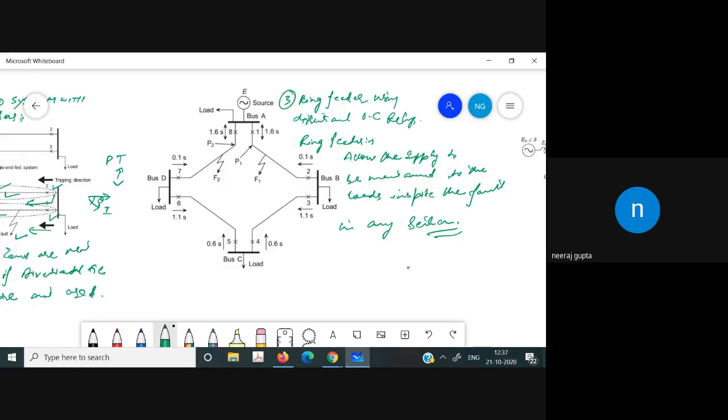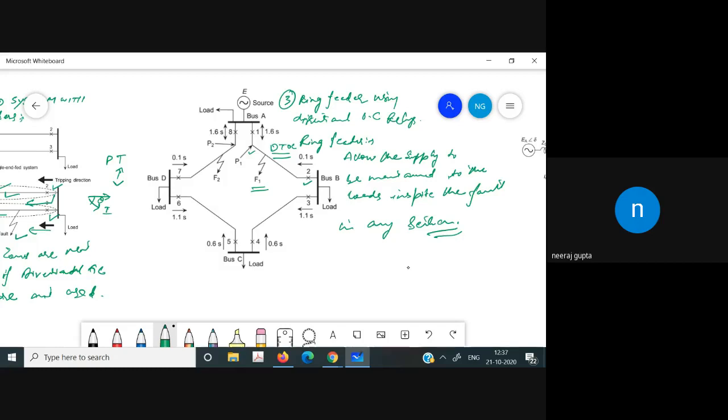Now let us suppose that we are using the DTOC relay in that very case that we discussed in the previous lecture. Now let us consider the fault F1. Let us suppose that the line is cut open at point P1. We have the fault F1 due to the line cut open at point P1, and this makes the directional relay